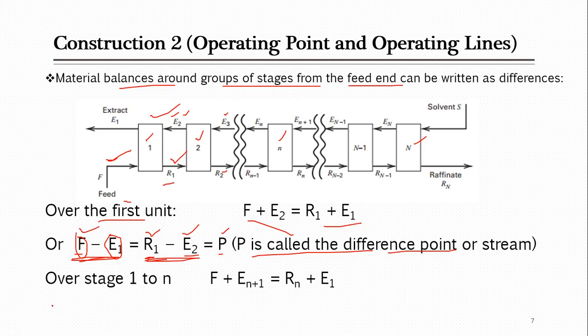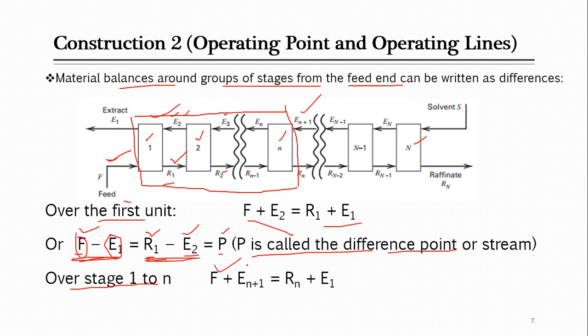Similarly, we are doing here from stage 1 to n. If I draw the boundary around 1 to n, this is n. When we apply the material balance we specify some boundary. With one stage I didn't draw the boundary, but here there are a number of stages, so in order to differentiate, we can draw the boundary. Look at this, this is your system. Now you have to apply the material balance on this. Which streams are entering? Feed is entering the system, and one other stream which is rich in the solvent, that is En plus 1.